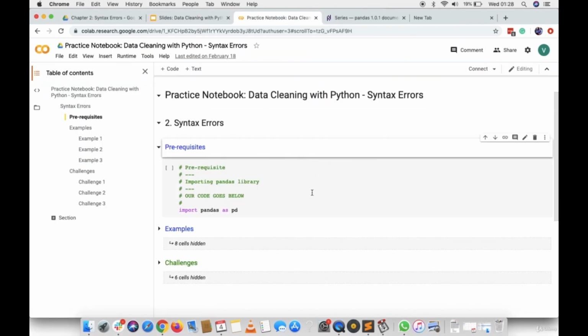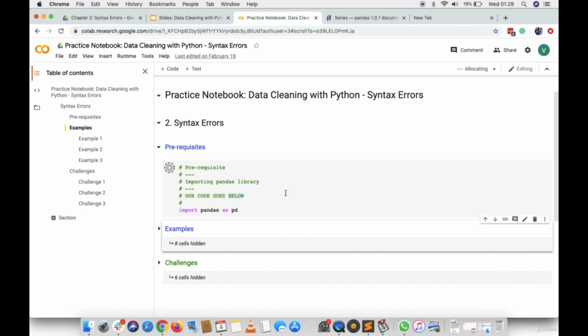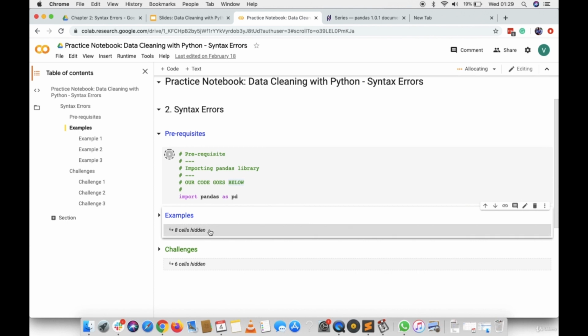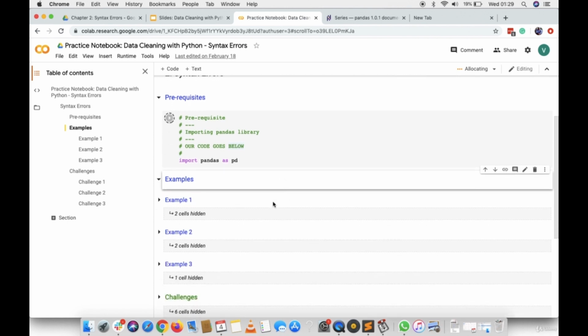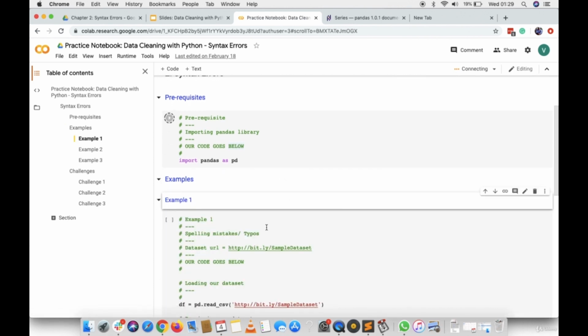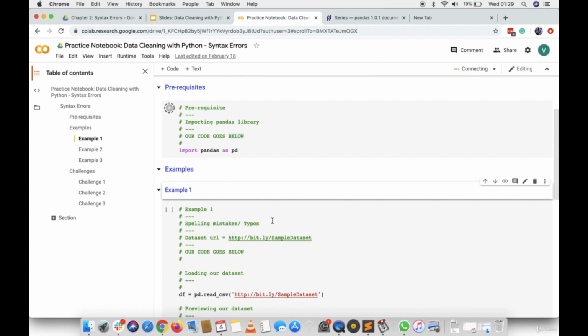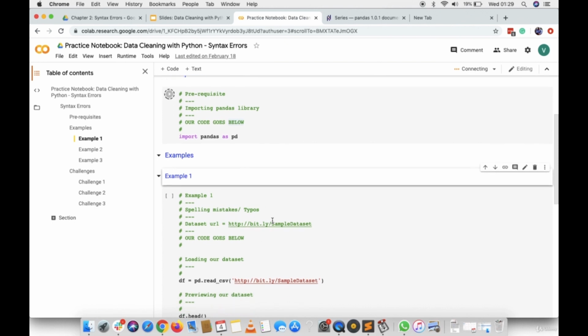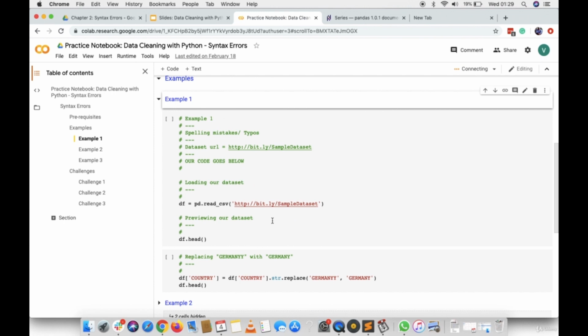First of all, what we normally do is load the prerequisite, and that is the pandas library. It usually takes a few seconds to load. So now, going through the first example. In this particular example, we are required to